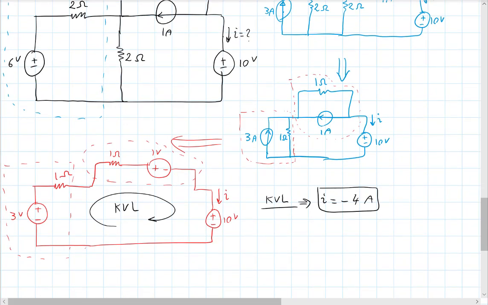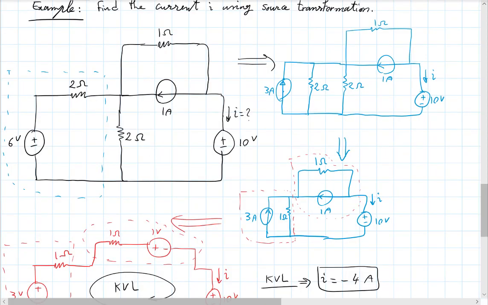So the point is, the 10 volt source does not see any difference between the circuit we have down here and what was up here. As far as the 10 volt source is concerned, all it sees is the same